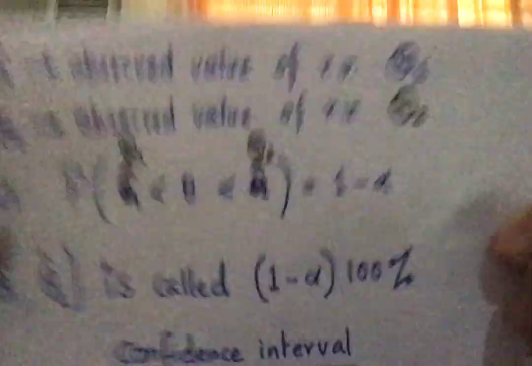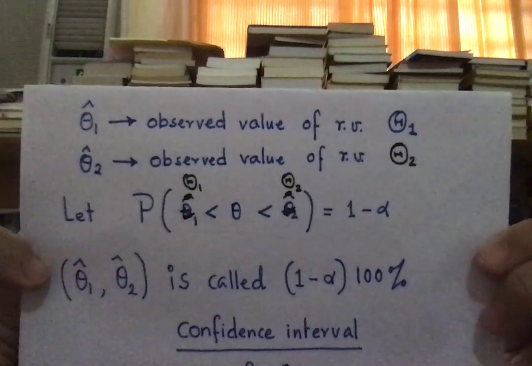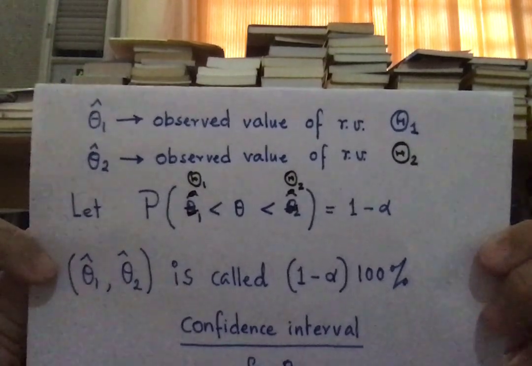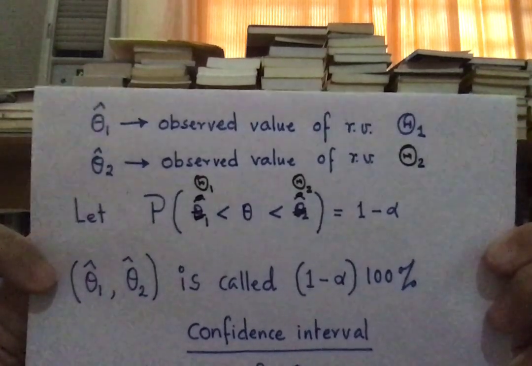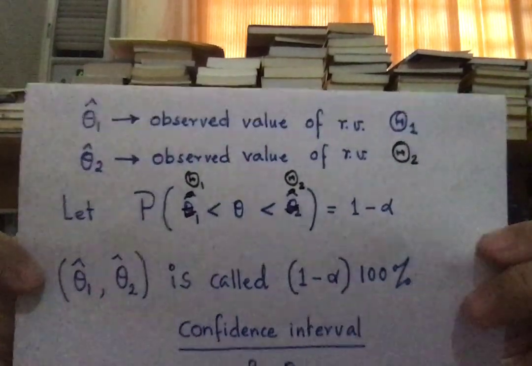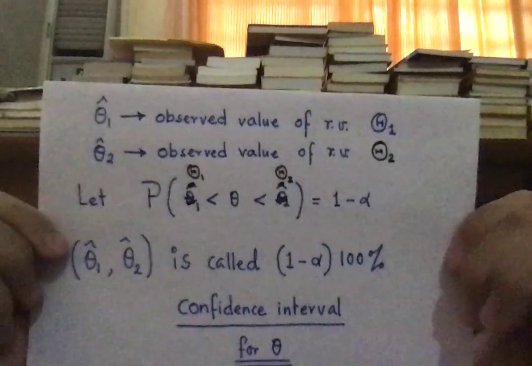But okay, what we can do is take theta 1 hat and theta 2 hat as two observed values of theta 1 and theta 2 corresponding to some particular observation of the values of the random samples. When you take a random sample, you have certain observations, like maybe heights. You take another random sample of the same size, you have a different observation of height. So whatever random sample you have taken, you have observed the values, and so you can calculate capital theta 1 and capital theta 2, which are two statistics associated with that particular sample observation.